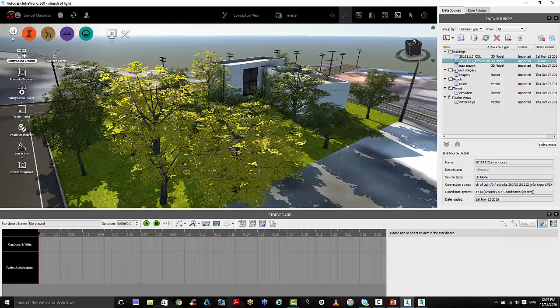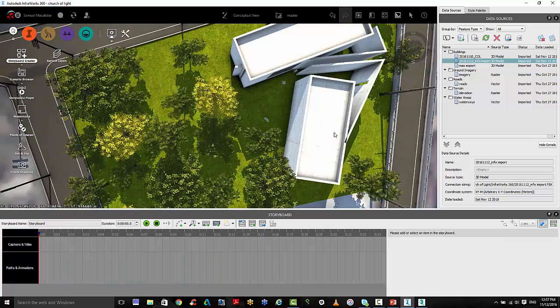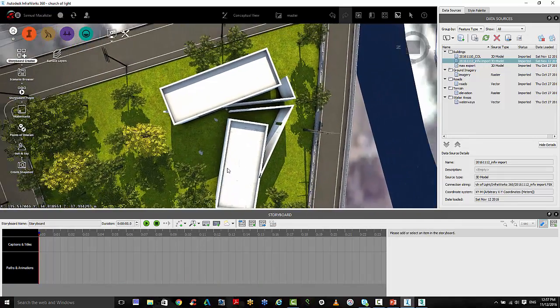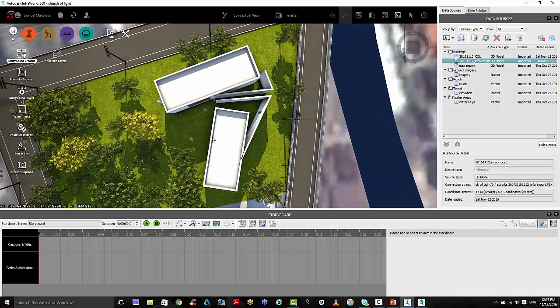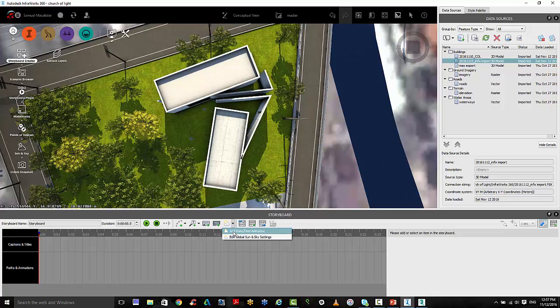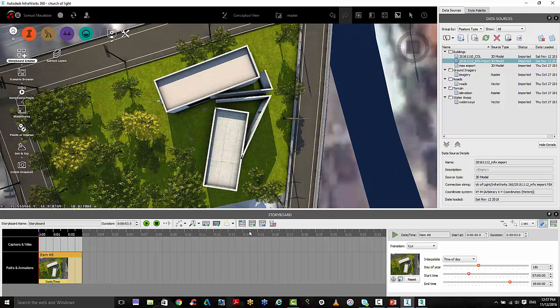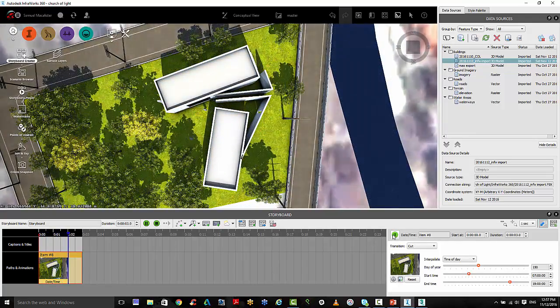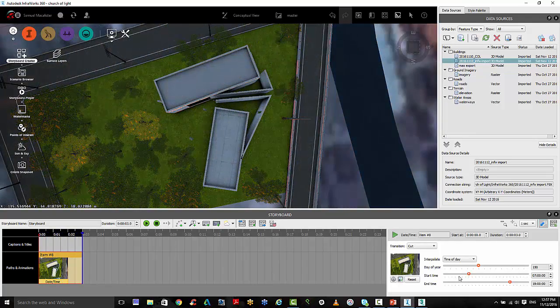I'm going to go to my top view, and what I want to do to start with is create a little Sunpath animation. There's a lot of built-in tools here that get you up and running really fast, and this one here is add a date and time animation. So I'm just going to do that and hit play, and you see instantly it's done a little Sunpath animation